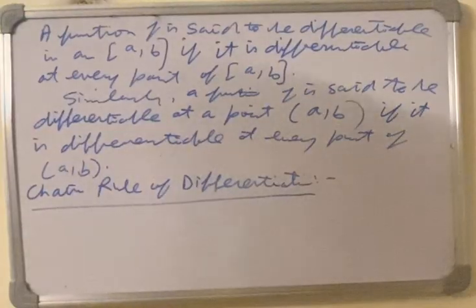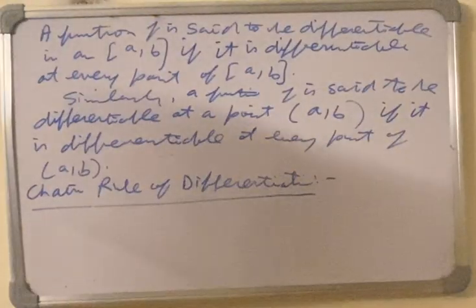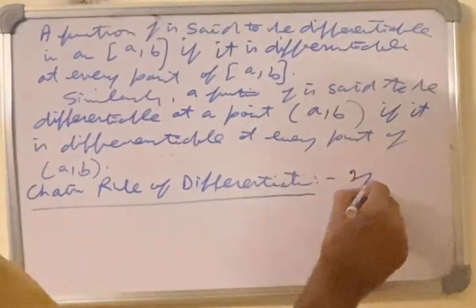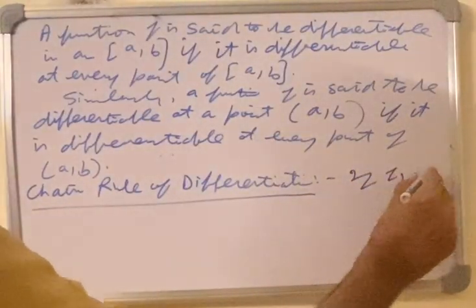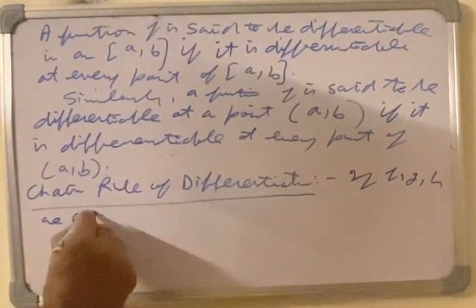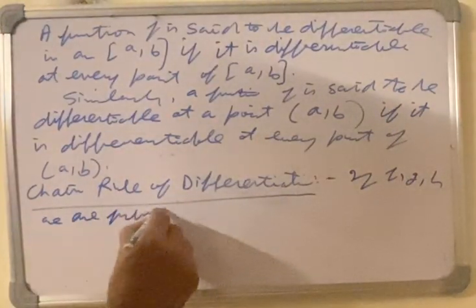Similarly, we have already done the product rule and quotient rule of differentiation in the previous class. Now we are taking the chain rule. If f, g, h are functions of x,